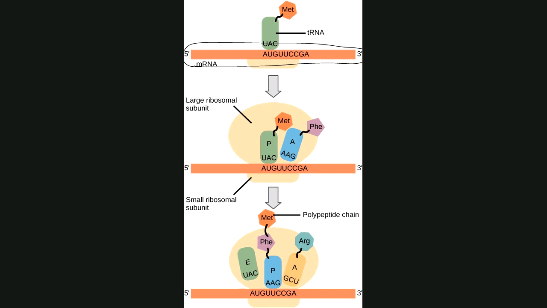Now, this occurs on the ribosome, and the way that these come together, okay, the ribosome has two different subunits. It has a small subunit and a large subunit. And the ribosome is made up of a special type of RNA called rRNA, and also some protein. So that's what makes up the ribosome. So this little piece here represents the small subunit of the ribosome, and then this much larger piece represents the large ribosomal subunit. So you see that several things have to come together in order for translation to begin.